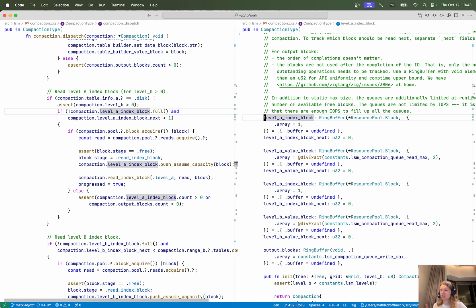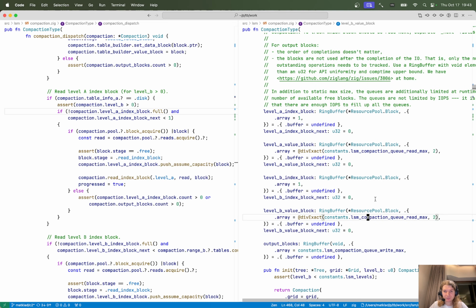The second role these queues play is that they actually limit concurrency. They say that, okay, you could read LSM compaction queue read max divided by 2 level B value blocks, but you could not read more of them. So that's the limit of concurrency here. So okay, if we can read the block there, and if we haven't actually read the index block yet, so this level index block next is, well,